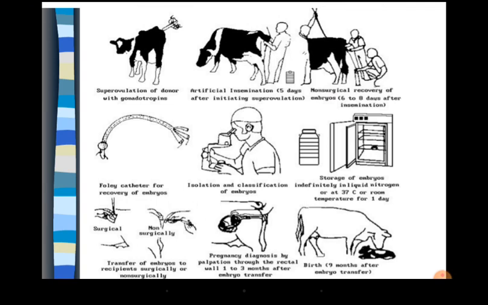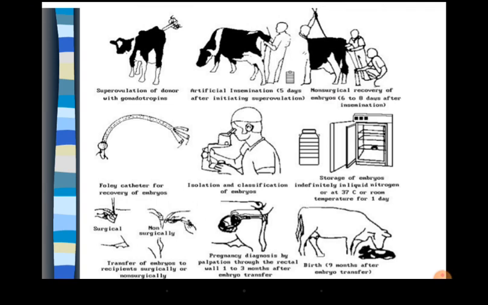You can also store them for cryopreservation, just like spermatozoa. Even embryos can be cryopreserved, if suitable recipients are not available at the same time. So you can just look at the advantage of this MOET as a genetic technique. You can not only preserve spermatozoa of elite bulls for a longer time, embryos can also be cryopreserved, and they can be utilized whenever they are required on the inferior recipients.